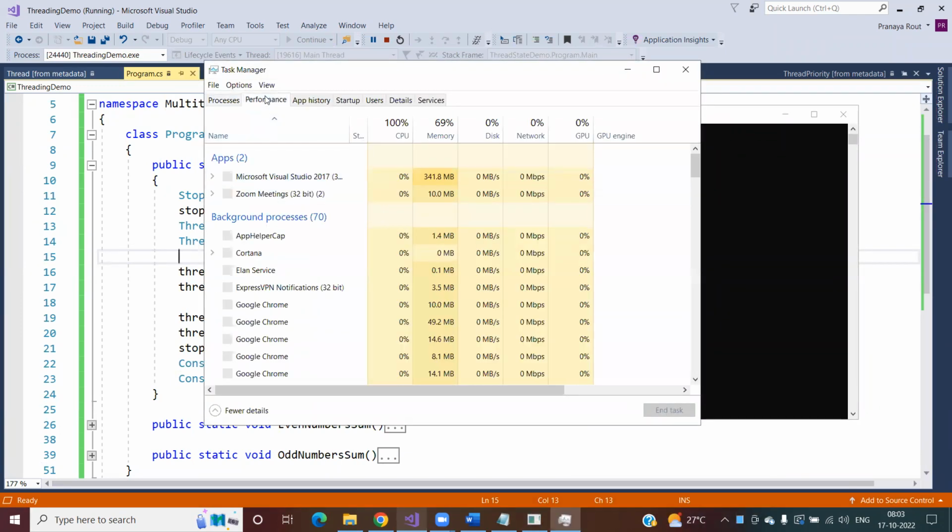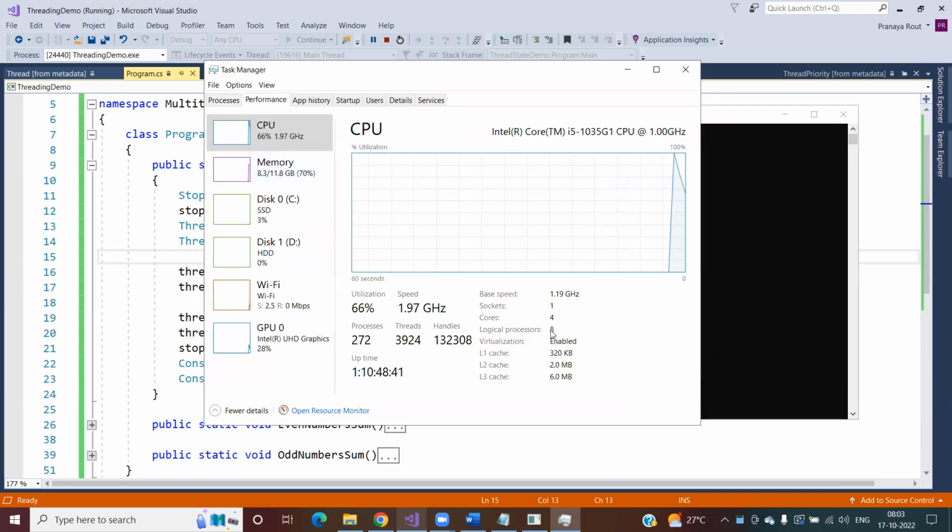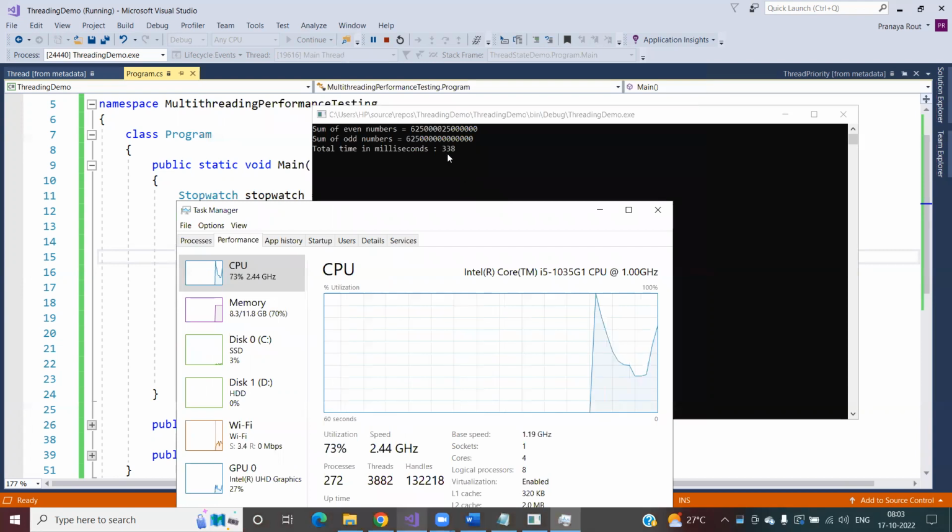But guys, one more thing that you need to remember, in my machine, I'm having an 8 core processor. And if you are using a 4 core or 2 core machine, if the number of cores is less on your machine, then sometimes you will see that this time is going to be more than the single thread application. Sometimes this time is going to be more than the single thread application, because if you are thinking that I'm using a multi-threaded application and I'm going to get better performance,